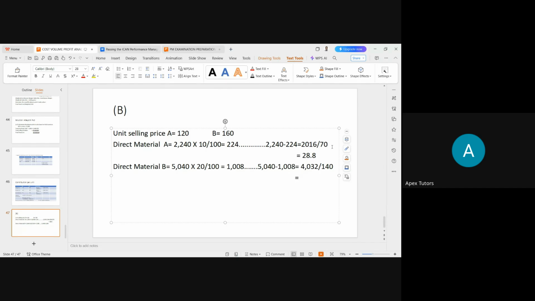You're going to have what as the new value? The result will be what? 28.8. In the exam hall, don't begin to think you are wrong. Some people will say, why will this thing be the same? Hope I'm doing the right thing. Just work, solve based on what you understand. Even when the values are looking the same, continue solving. Follow what you know. Because some people will just put their hand on their head and say, am I sure I'm correct? When the result is at this point. So